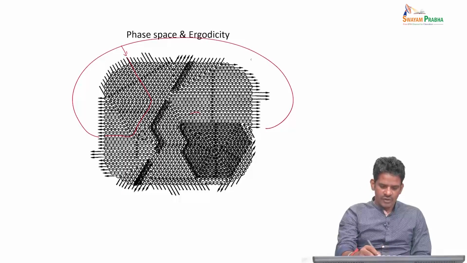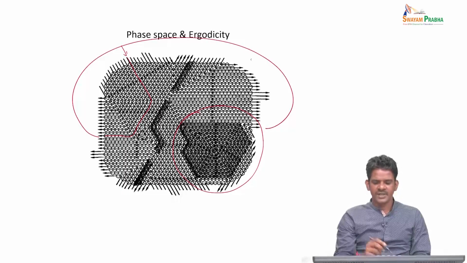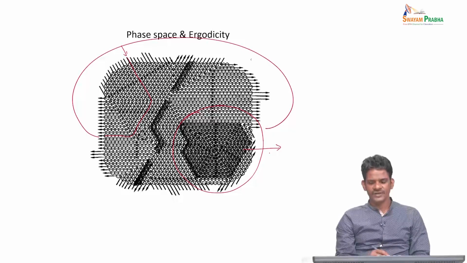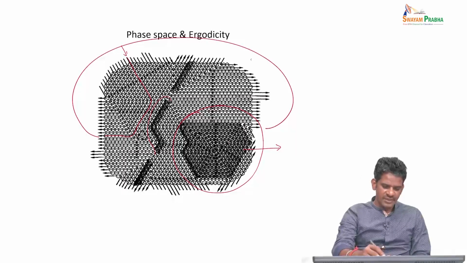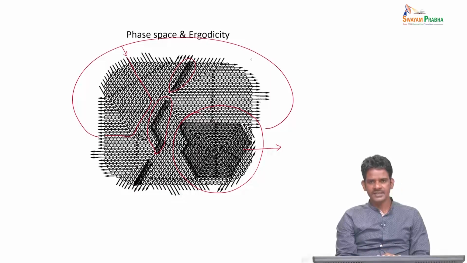And this is a region I was talking about where, once trapped in this particular region, the microstates get trapped, and then the system visits only some local region and not the entire region. So doing an MD simulation average in this particular trajectory would be an incorrect way of doing it. And there are some other regions of similar kind. You can see here, once trapped, it goes into a cycle and it gets really localized.